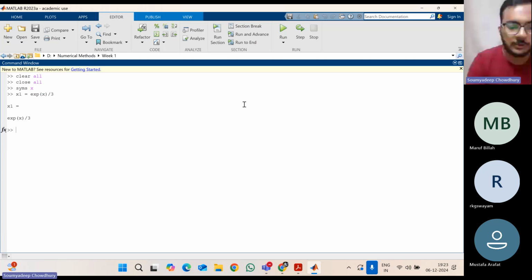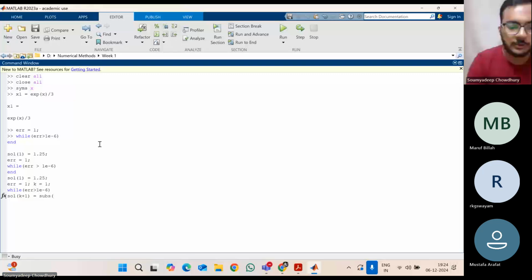And error I'll take as 1, while error is greater than 1e minus 6. K will be to track the number of iterations, K will start as 1. Then while error is greater than 1e minus 6, sol of k plus 1 will be equal to